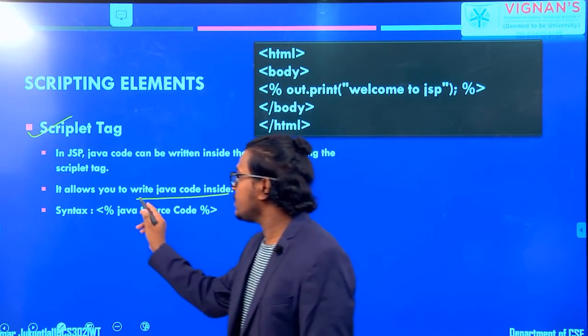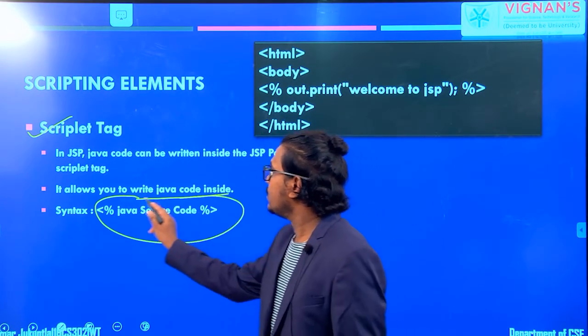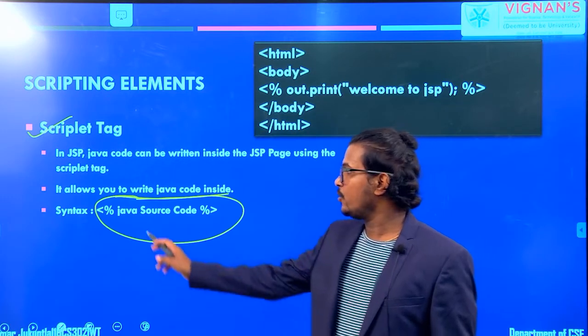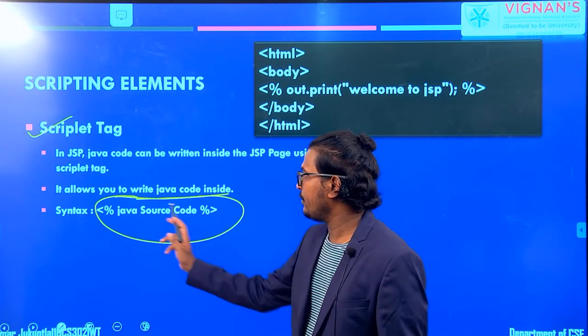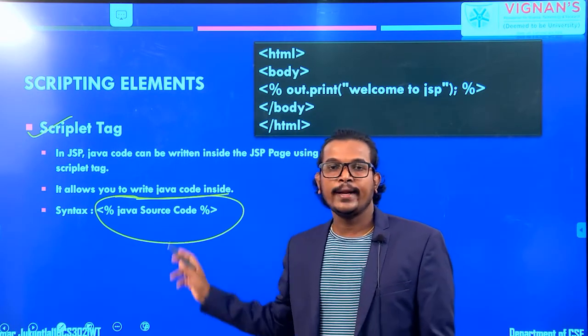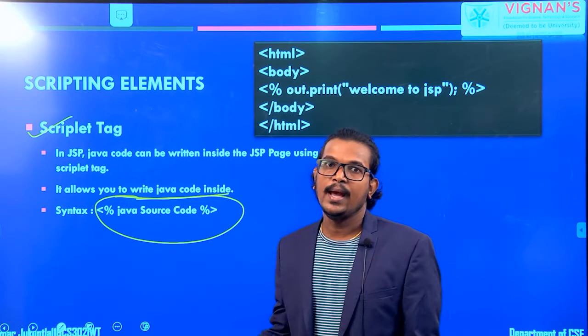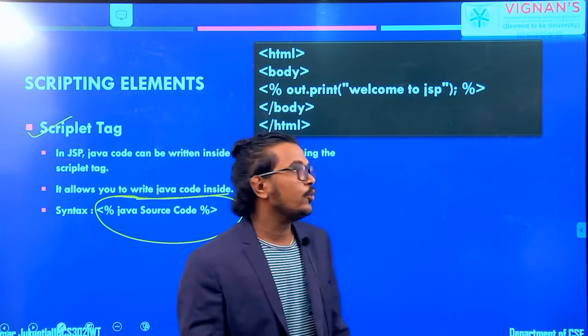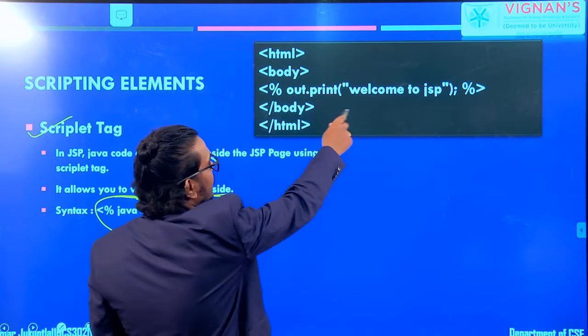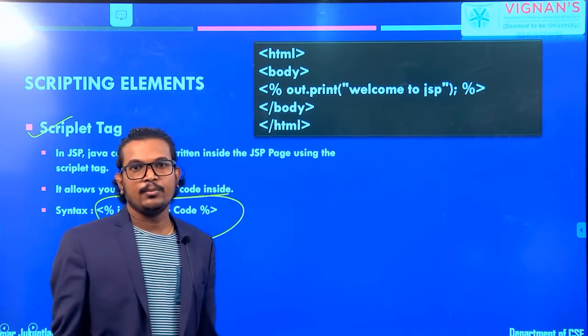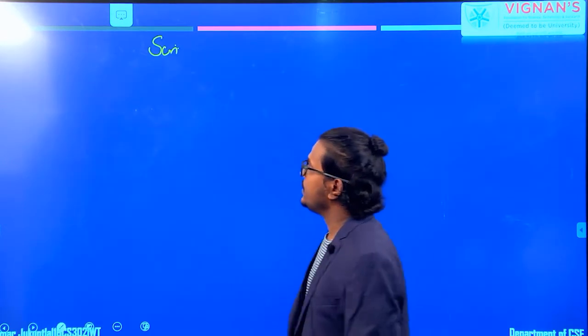What is the syntax for this scriptlet tag? The scriptlet tag syntax is open scriptlet and close scriptlet. Between that open and close, you have to write your Java code. As an example here, I am just printing some information: Welcome to JSP page. So next one is